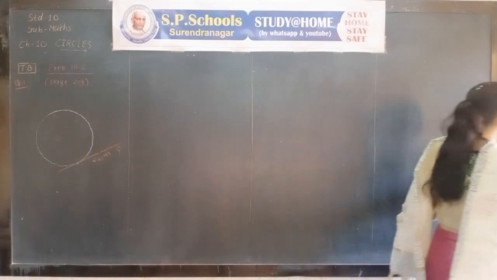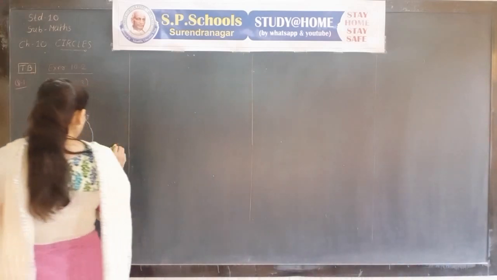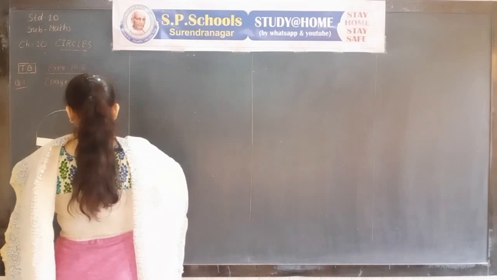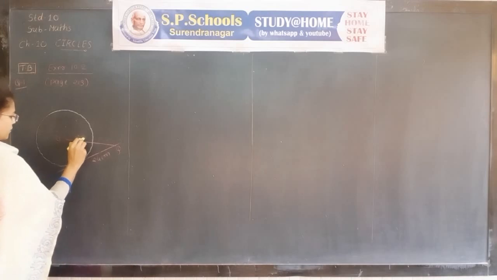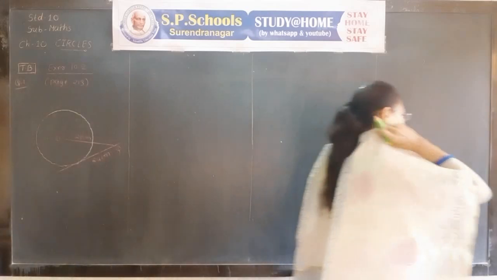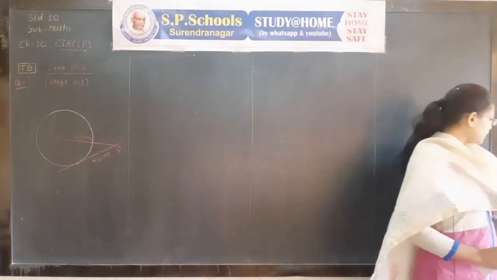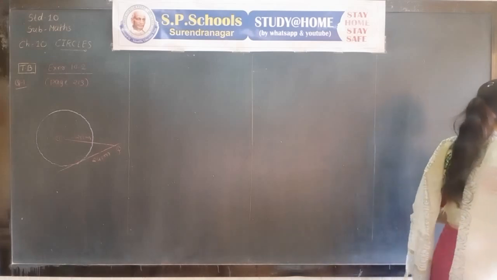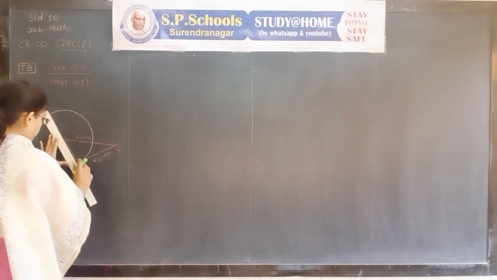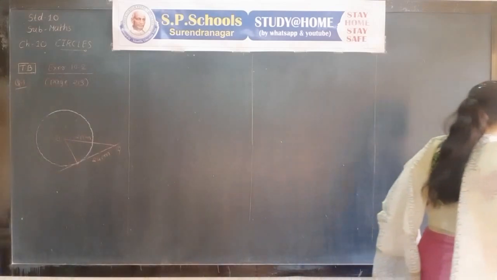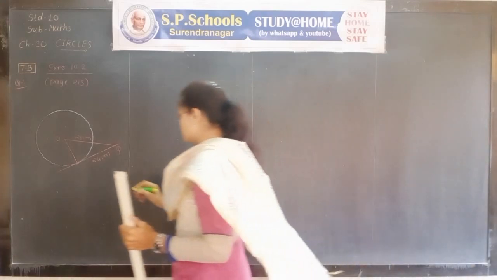Now what is next? Next is the distance of Q from center is 25. The distance of this point Q from the center is 25 centimeter. The radius of circle is, there are 4 options: 7 centimeter, 15 centimeter, 12 centimeter and 24.5 centimeter. Here from the figure, radius is O to the point of contact. The name of the point of contact is not given, so we take it as P.